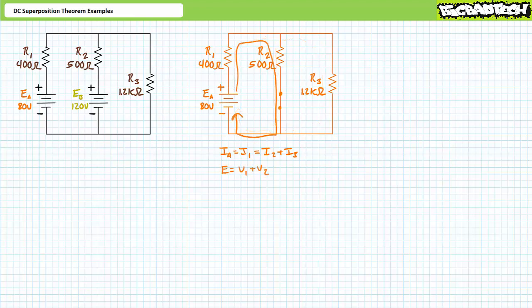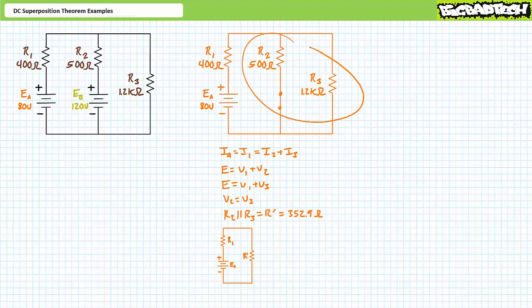A Kirchhoff's voltage law analysis of this first loop suggests that EA equals V1 plus V2. A Kirchhoff's voltage law analysis of this second loop suggests that EA equals V1 plus V3. Finally, a Kirchhoff's voltage law analysis of this third loop suggests that V2 equals V3. These analyses imply that R2 and R3 are in parallel with one another, a simplification I'm calling R single prime,